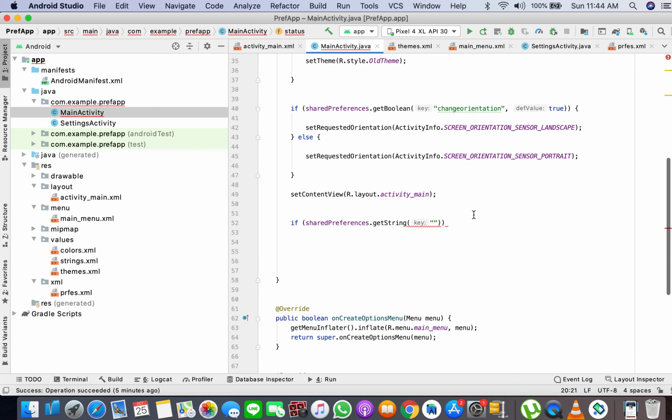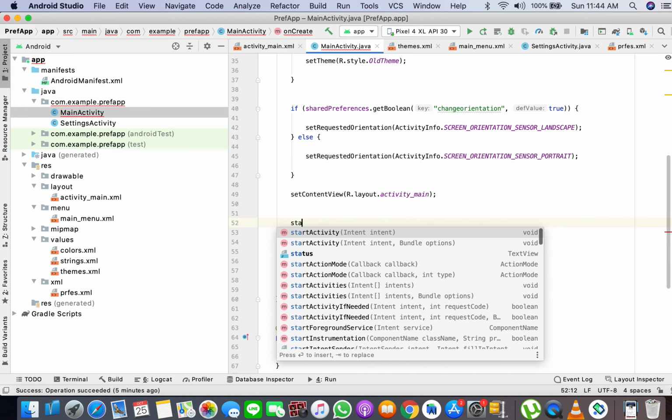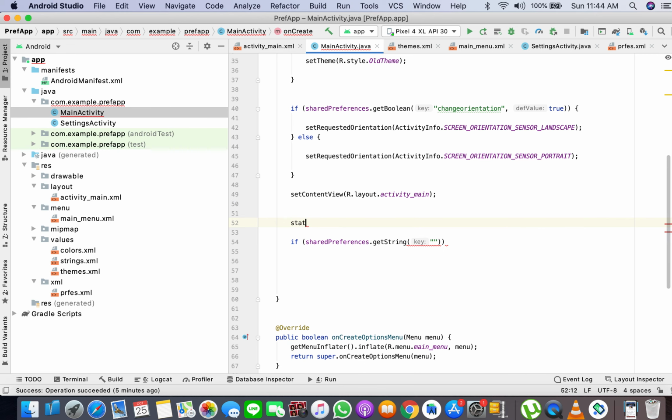And I would cast the views here. Status, find view by ID, status, show status. Okay, if preferences key is status and text, whatever the key is,